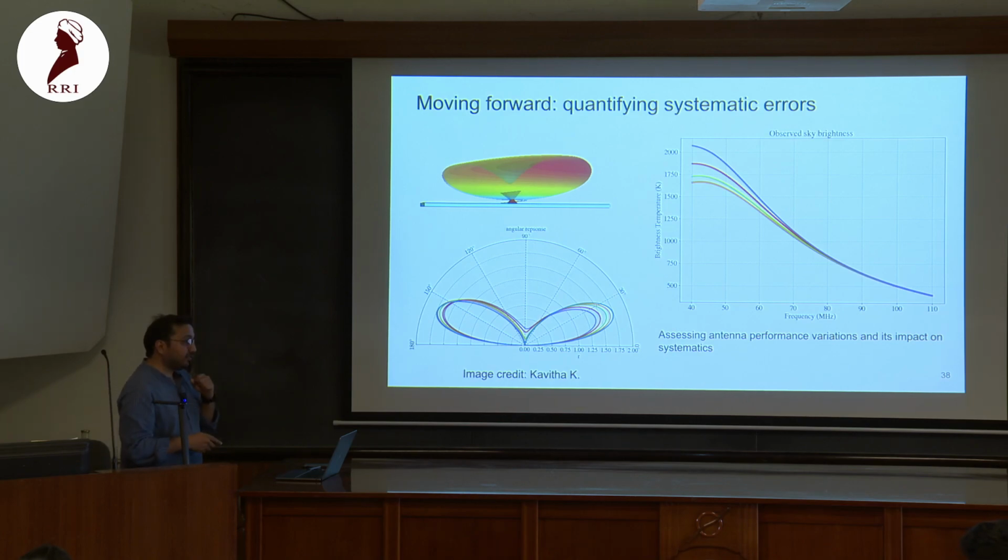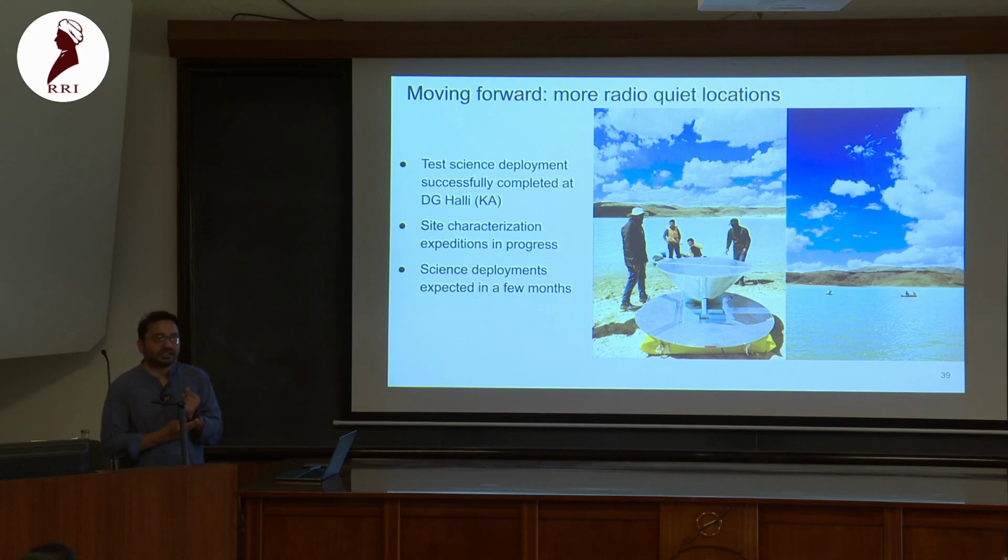Last but not least, we also need very good sites. At the last site we characterized, in 2020, where the deployment actually happened, we could not really use anything above 85 megahertz, simply because we were limited by FM, and therefore it stopped us from probing a lot of very interesting models.